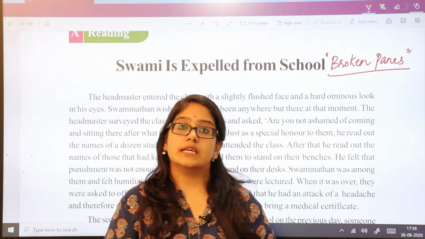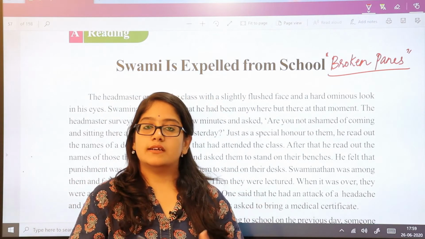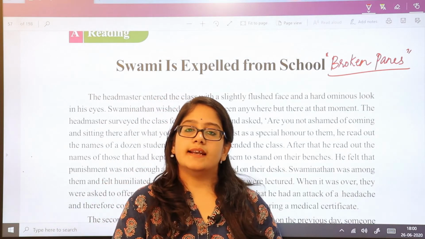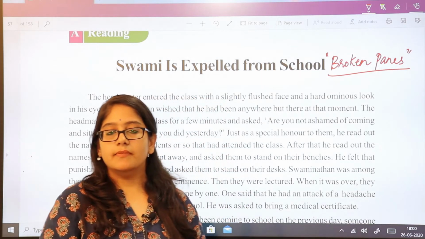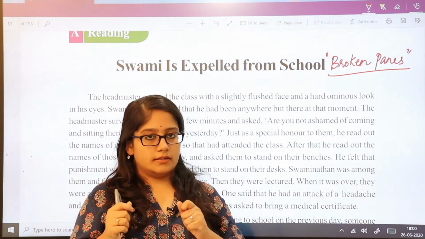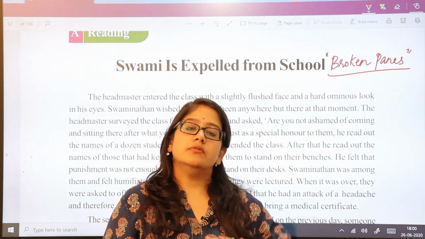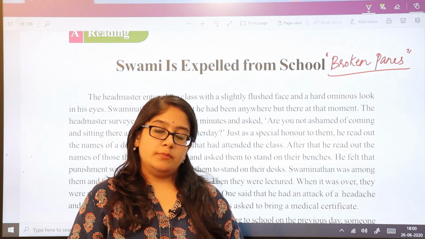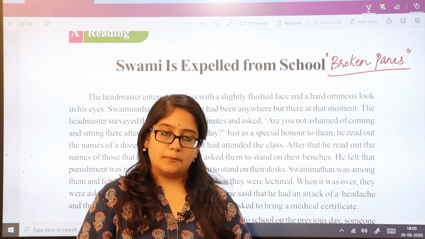Now Swami gets really scared because he's part of that mob. He participated in the protest. Rajam's father sees Swaminathan there and asks, what are you doing here, Swami? Swami apologizes, saying, sorry sir, sorry. He shouts at him, calls him a donkey and asks him to get out of the place. This makes Swami quite angry because Rajam's father calls him a donkey.